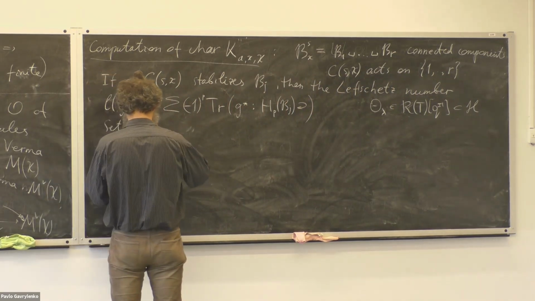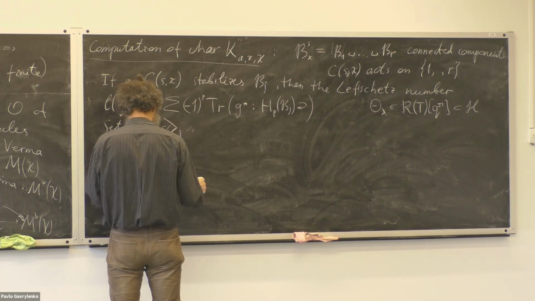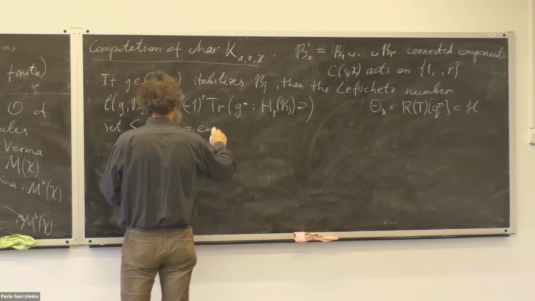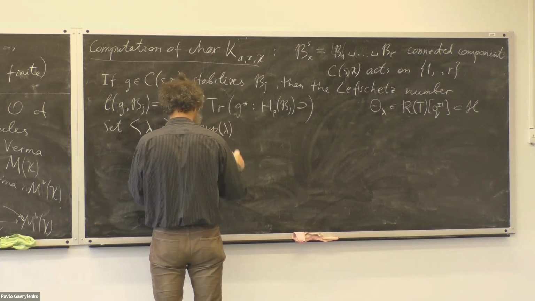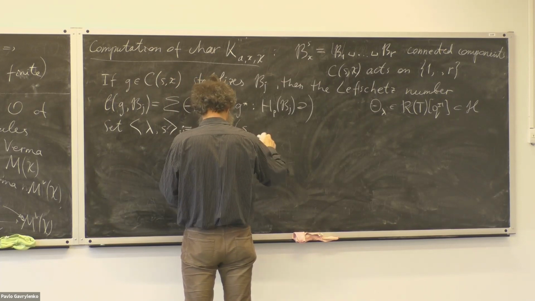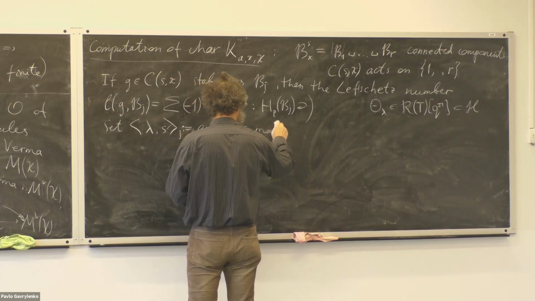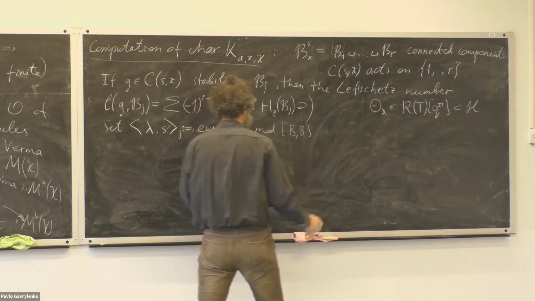The pairing with S, and it will depend on the connected component. So this will be the exponent of lambda evaluated at S, taken modulo the unipotent radical